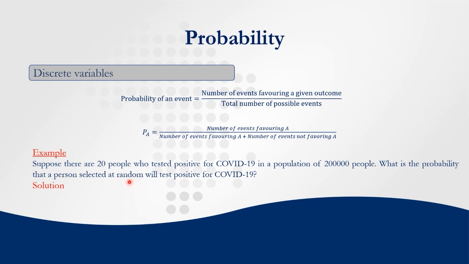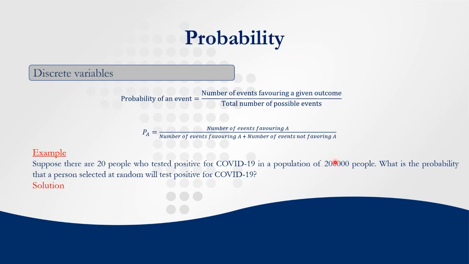So we know that we have 20 people who have tested positive. These people are coming from a population of 200,000 people. So we have 200,000 people, and out of those 200,000 people, 20 people tested positive. So now we want to know, what is the probability that if we select a person at random,